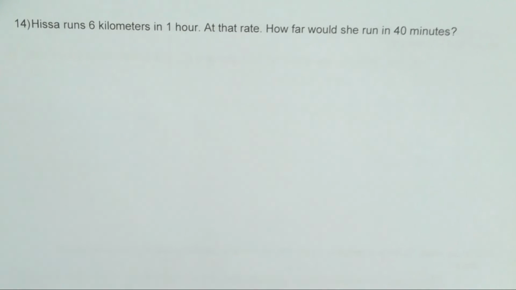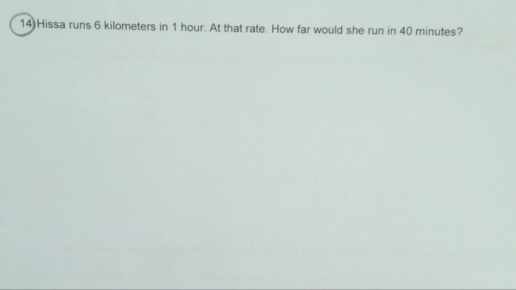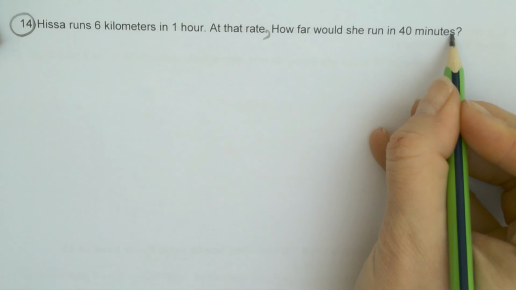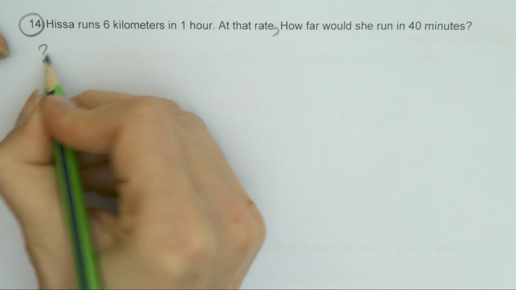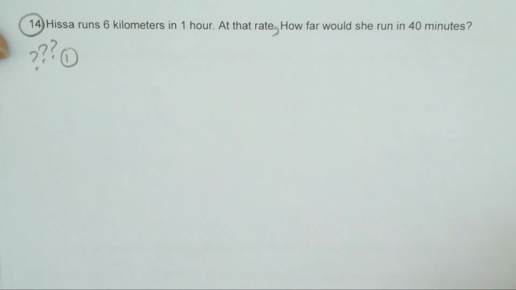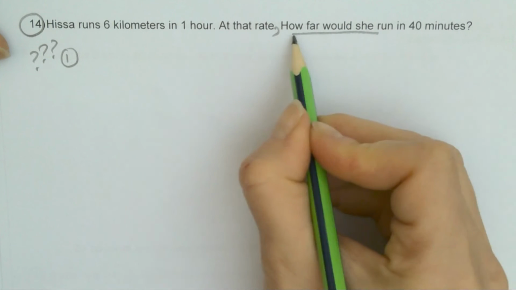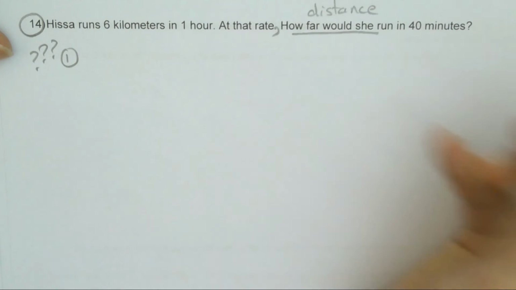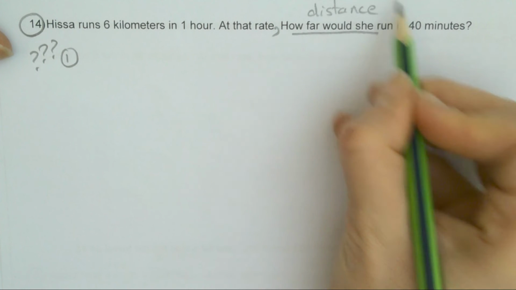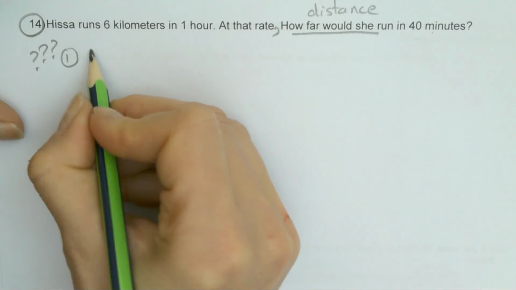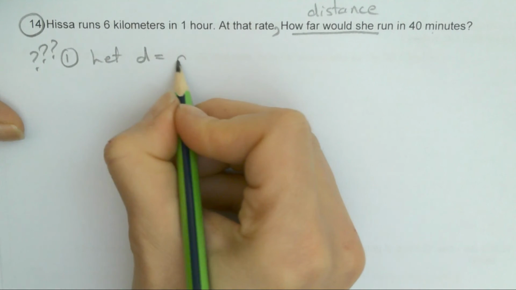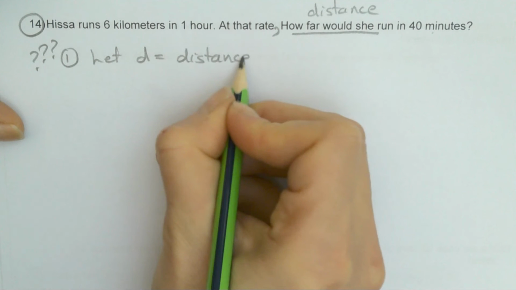Number 14. So Hissa runs 6 kilometers in 1 hour. At that rate, how far would she run in 40 minutes? Oh, it's kind of the same. So we always start with, what is it asking for? How far? So they're asking about a distance. They're saying, how far, how many kilometers does she run in 40 minutes? Okay. So if it's distance, let's use a d for distance. Let d equal the distance she runs